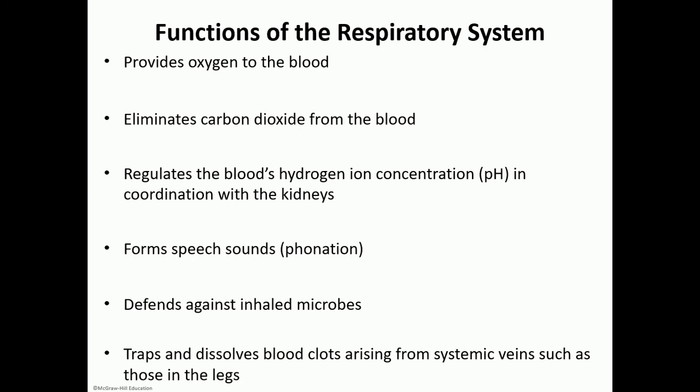Okay, so what are the functions of the respiratory system? So we already said it provides oxygen to the blood. It gets rid of carbon dioxide that is made through cellular respiration and other metabolic reactions. It is important in the regulation of the pH, or hydrogen concentration, in our bloodstream, and that is in